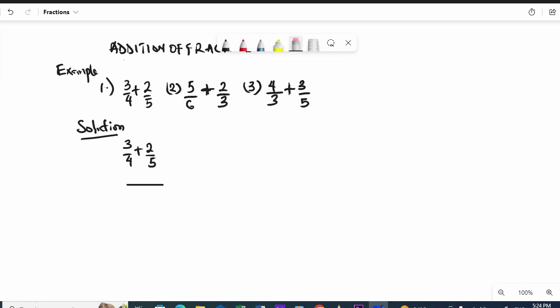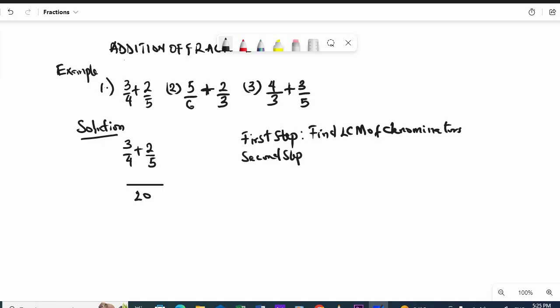All right, so we're just going to erase this and write out 20 here because of the LCM. Okay, let me just write this out. First step, find the LCM of the denominators. And then the second step after the LCM will be